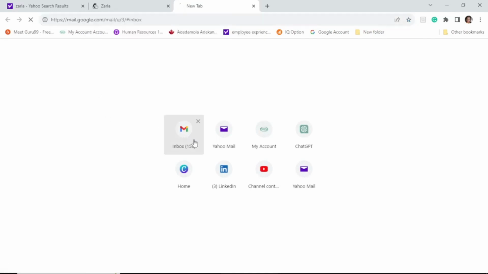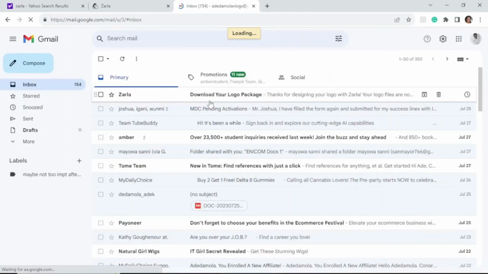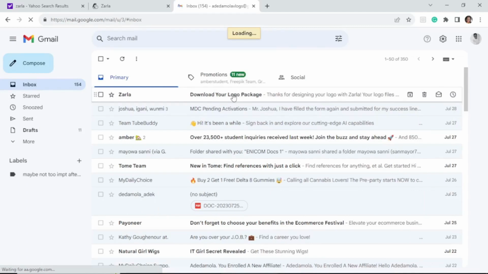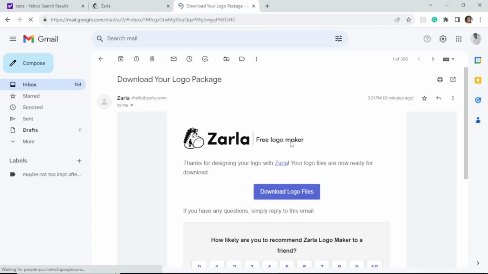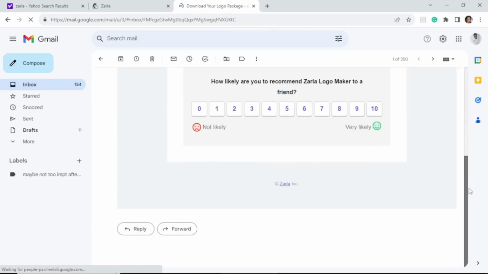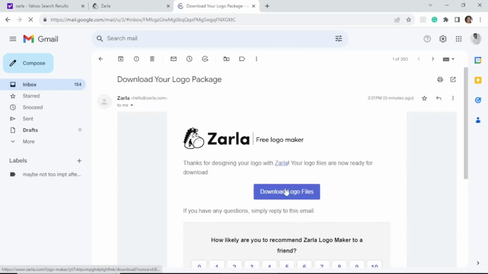Email address now to show you the logo that we have just created. Checking my email address now, I can see a mail from Zarla and it says download your logo package. So I'll click on that. Logo file. I'll click on that, and here I can see exactly what Zarla has sent me. It says download logo files. So I just click on download logo files. As you can see,